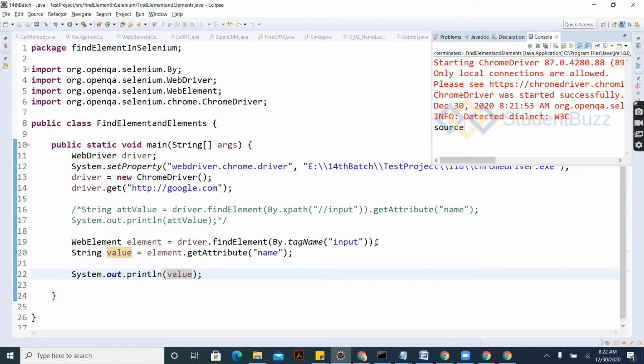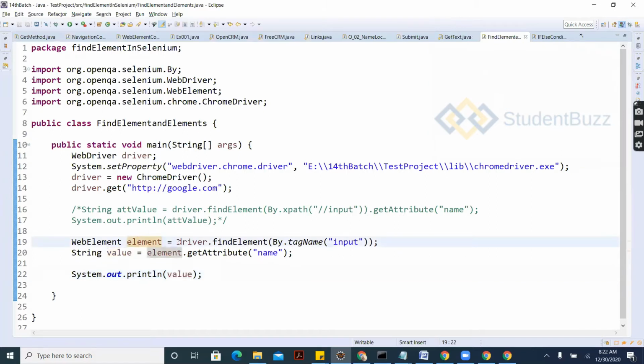Okay, so you can get the attribute, and you can check whether it is visible or not, whether it is available in the space, disabled or enabled, or visible or not. You can check multiple actions, and then you can also send a value into the same element after storing it into the WebElement.